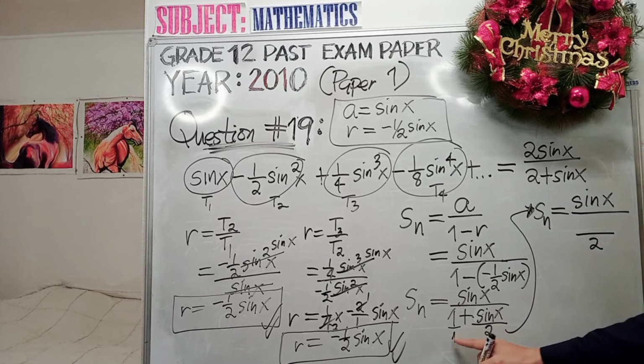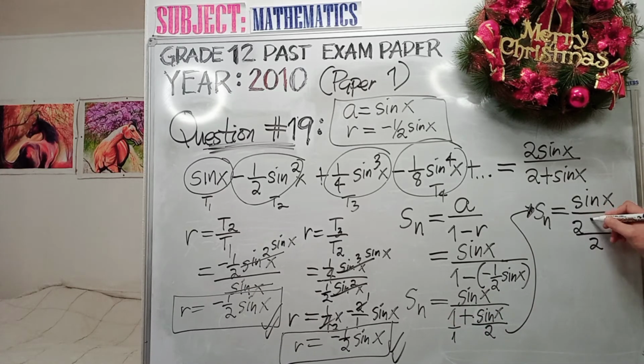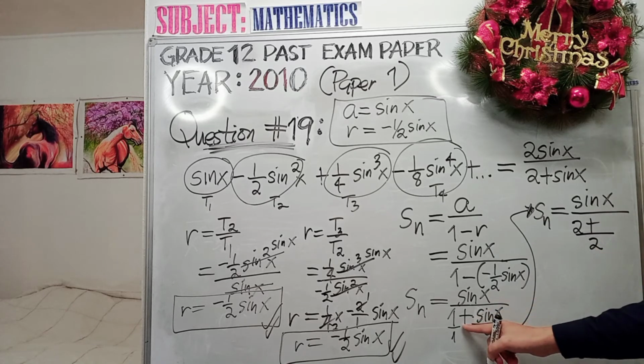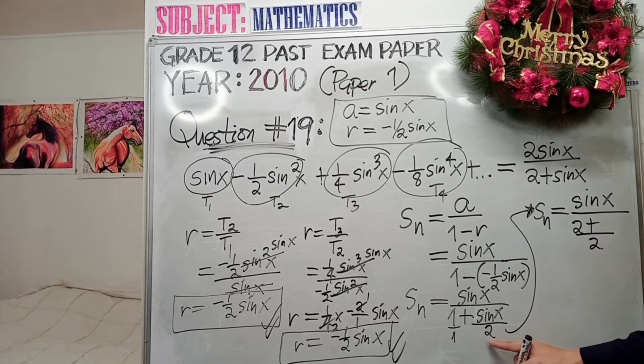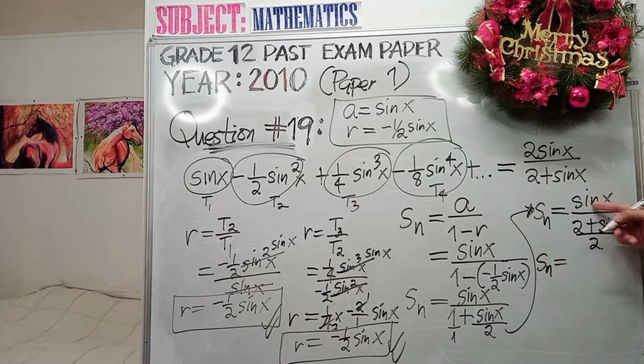2 divided by 1 is 2. 2 times 1 is 2. Copy the plus sign. This is this plus sign. 2 divided by 2 is 1. 1 times sine x is sine x. Okay? So the sum of the n square is sine x